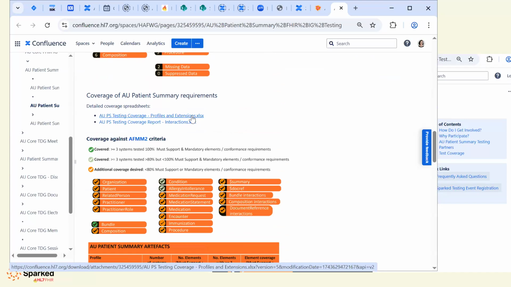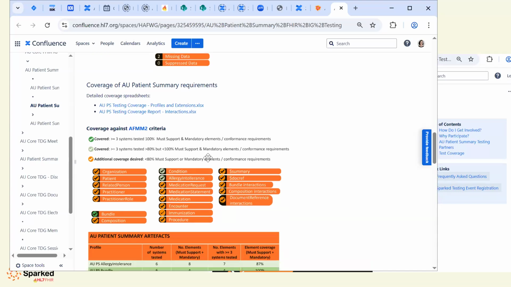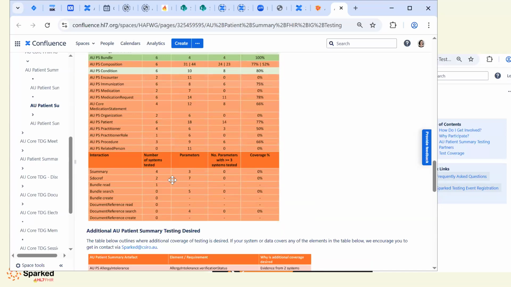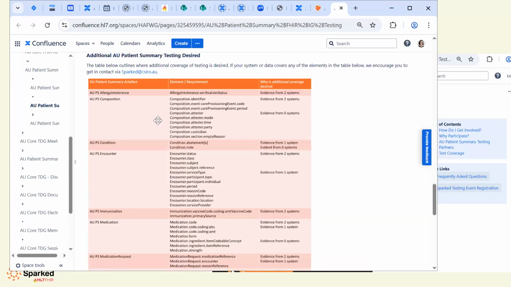So it's about coverage analysis in which systems, not about pass fail or all that kind of content. And then we're tracking across the different resources. And most importantly, for people on the line, here's where we want more. So out of allergy intolerance, we've got more than 3 systems looking at and exchanging resources that had all the elements except for verification status, which was interesting.